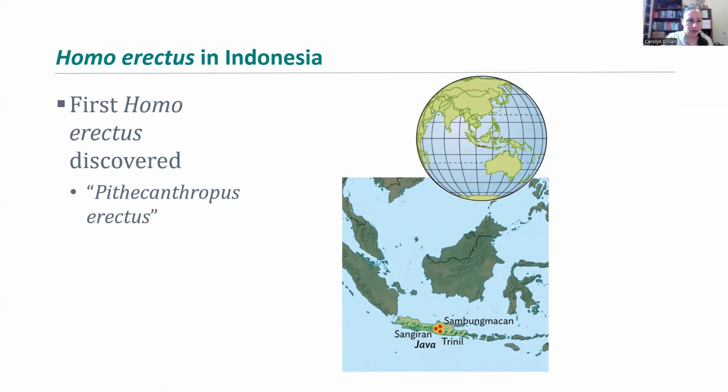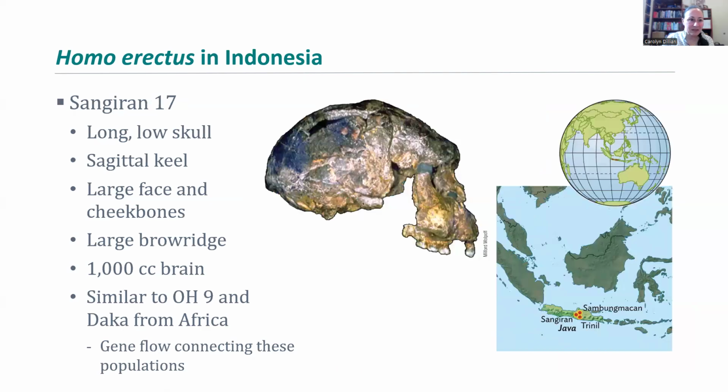There's also been Homo erectus found in Indonesia. So the first Homo erectus skull actually ever found was found in Asia, in Indonesia, referred to as Pithecanthropus erectus. We now know that is a member of the genus Homo. Now, Homo erectus in Indonesia